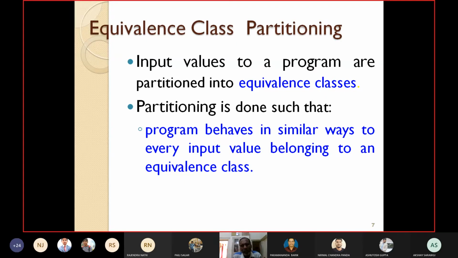If we start from 0, the first number will be 0. So in the first equivalence class, all the values whose remainder is 0 will come.